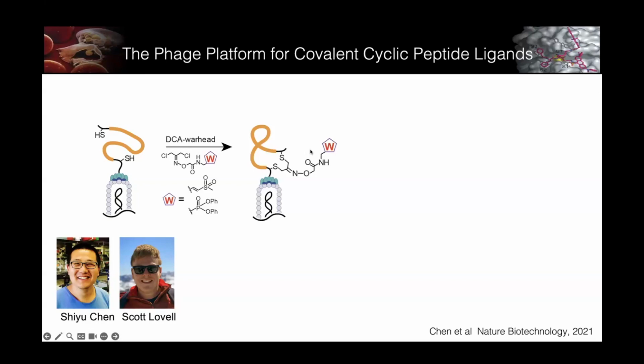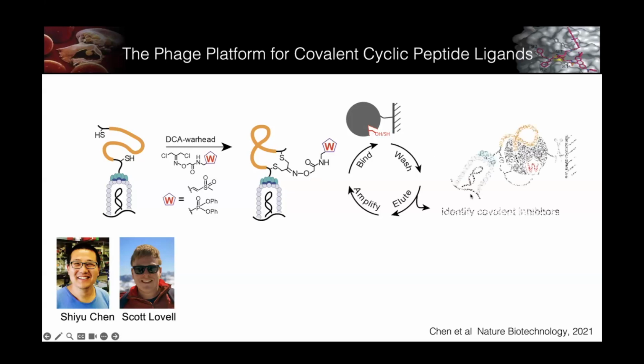And now you make libraries like this where you can put whatever warhead you want on your phage, and you can do your iterative panning against a target like a serine or cysteine protease is what we've been doing. You go through these cycles, and now the big difference is these covalent phage should stick and be permanently stuck, so you can use extremely harsh washing conditions to get rid of all the phage you don't want that are